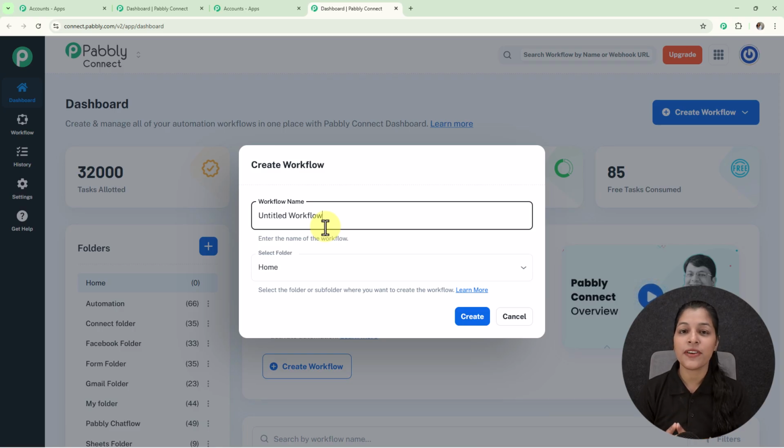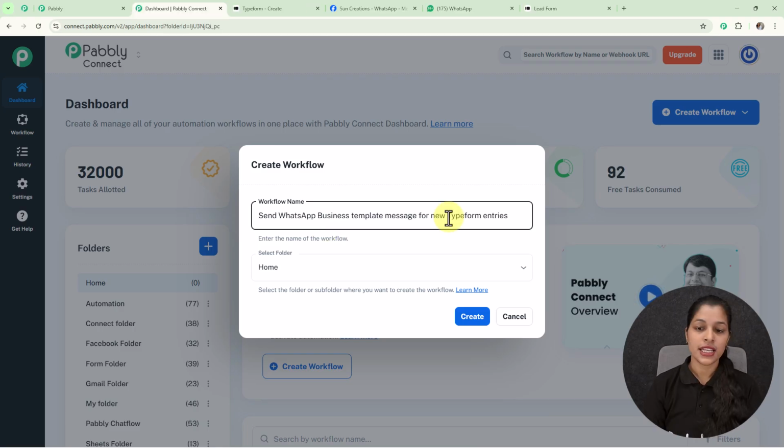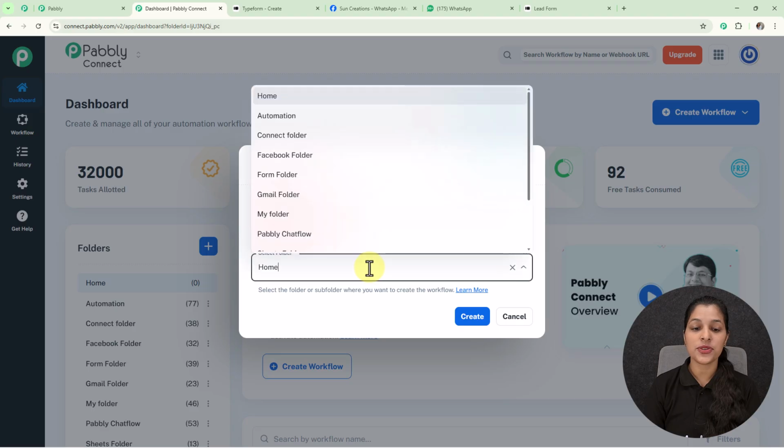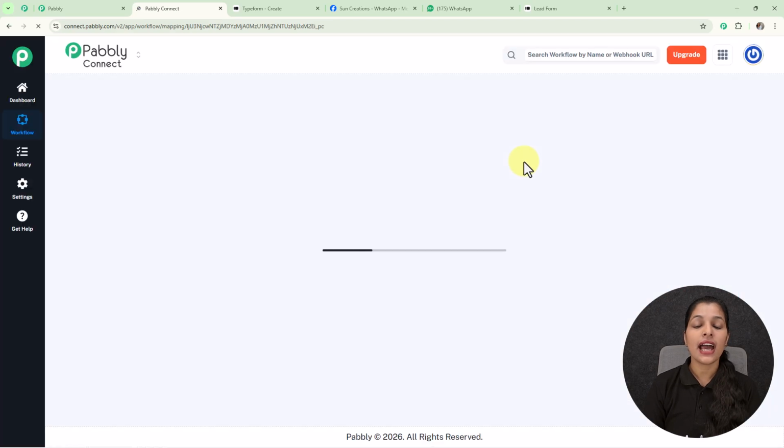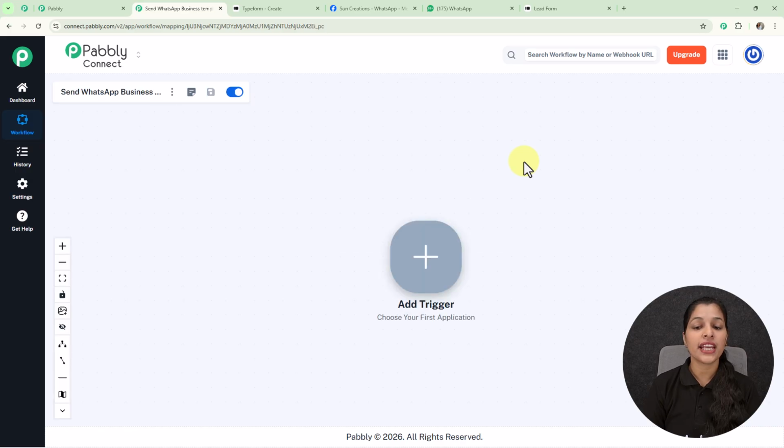So now let's provide a name to my workflow here. So here I am providing it the name, send WhatsApp business template message for new Typeform entries, and here I'm going to select my folder as automation. Now let's click over this create button, and here I'm landed to my workflow page where you might see this